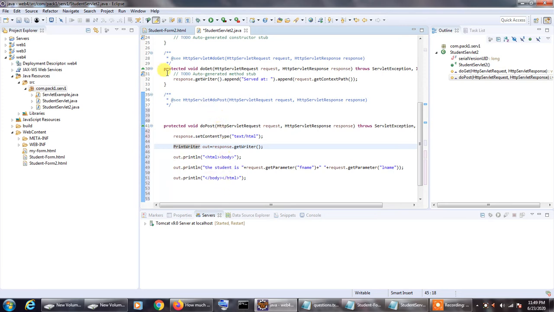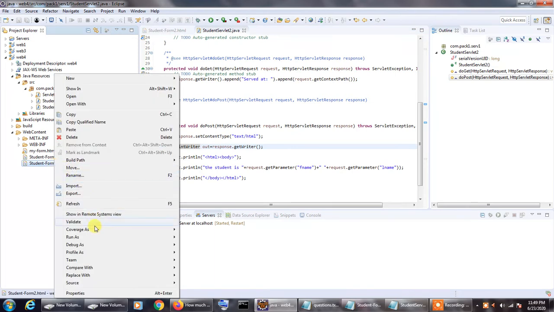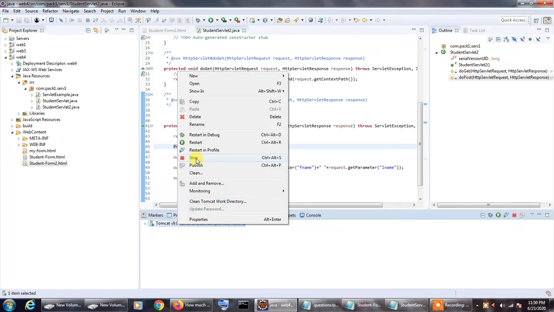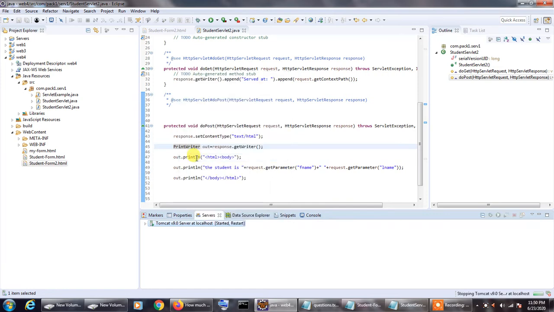Okay, so let's save this file. Now in order to run this file I will have to right click and select run as, and then proceed to run on server. But as you can see, the Tomcat server is already running on our system, so let me stop it to prevent any potential errors or glitches.